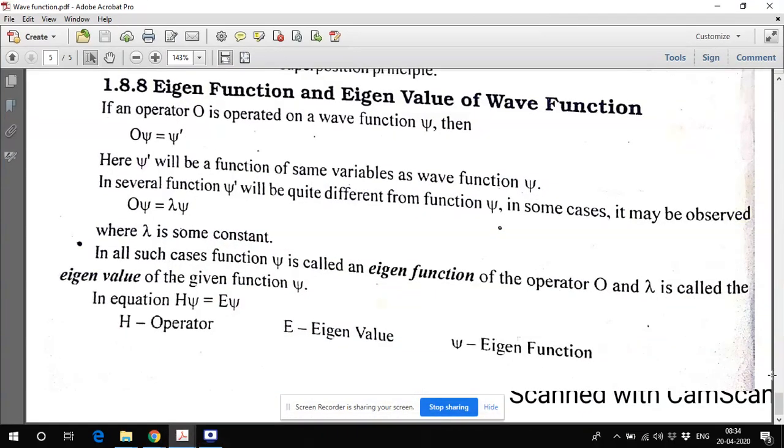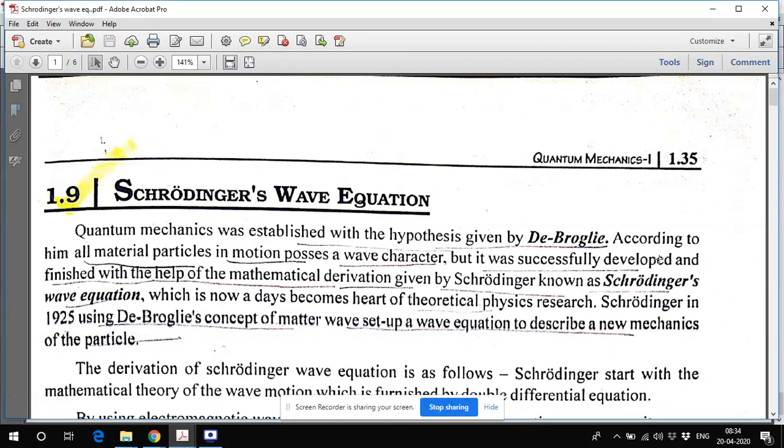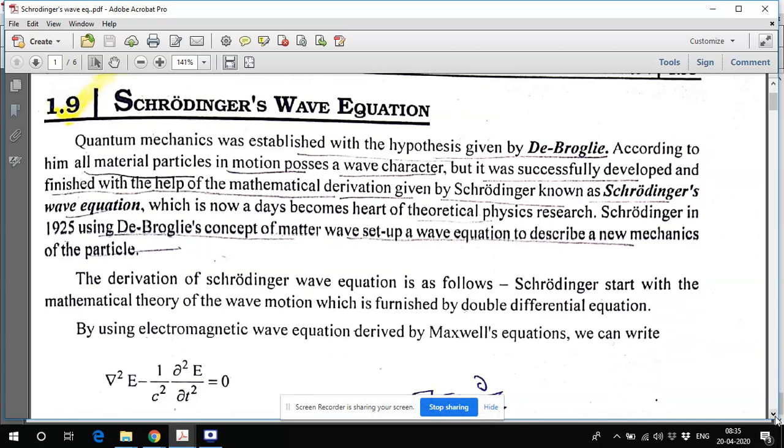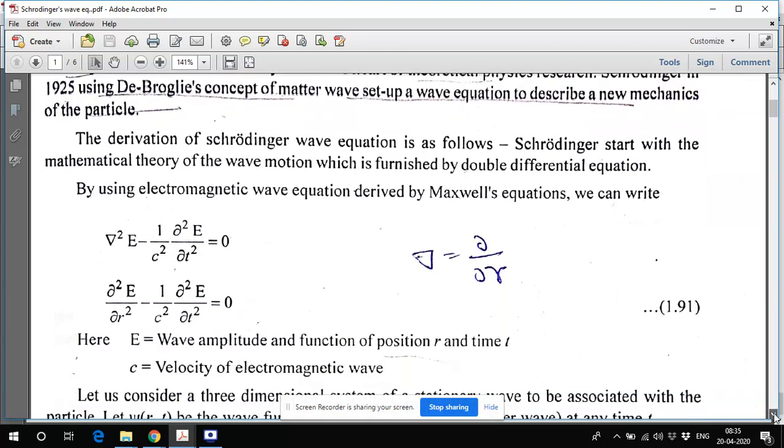Hello students, now we can derive the Schrodinger equation. So far we have gone through how quantum mechanics started and some of its implications, then how the wave functions have been studied, and how matter waves are crucial for the particle. Now, after wave functions and their characteristics, we can derive the Schrodinger wave equation. This was established on the same hypothesis as the de Broglie hypothesis. So from this we can derive the Schrodinger equation.